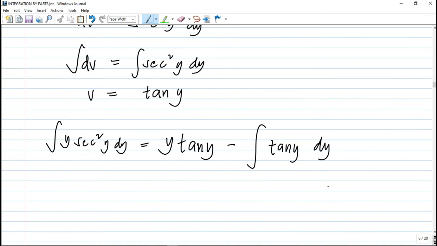So we just integrate this and we get the final answer. Integral of y secant squared y dy equals y tangent y